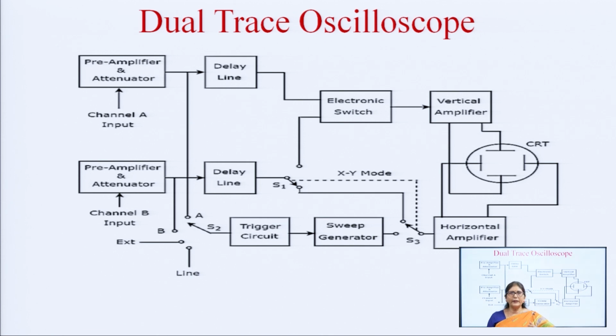The second is the dual trace CRO. Generally dual trace CROs are used because they are cheaper than the dual beam CRO and they are not so bulky. In dual trace CRO the inputs A and B are amplified and attenuated, and then delay time is also provided to both the signals separately. Here we can see the pre-amplifier, attenuator, channel A, channel B, then the delay line, but after the delay line there is a switch, an electronic switch, and this electronic switch connects